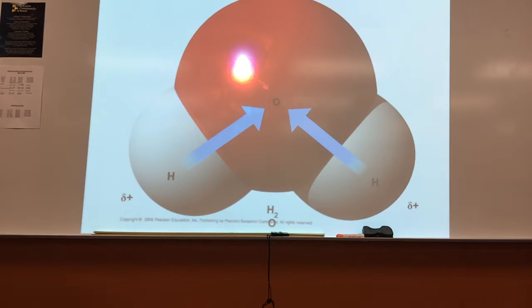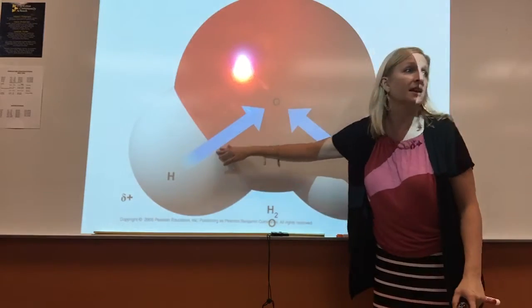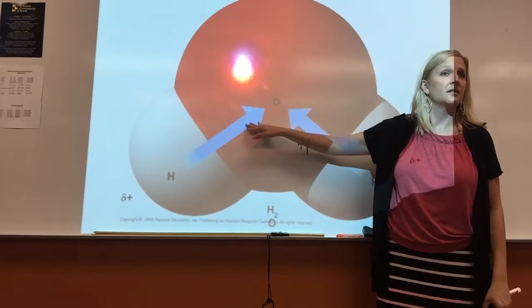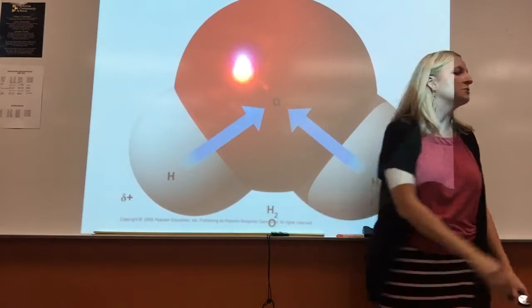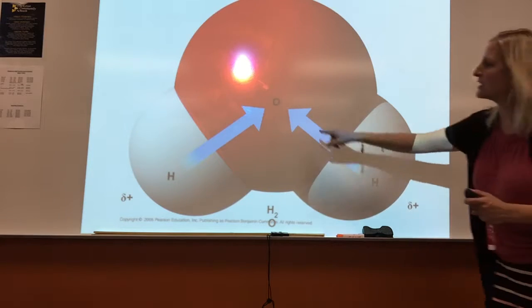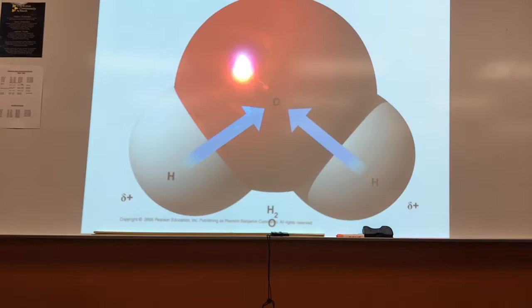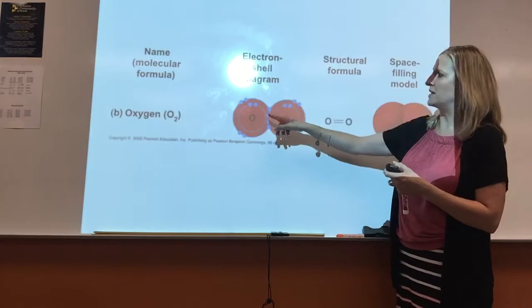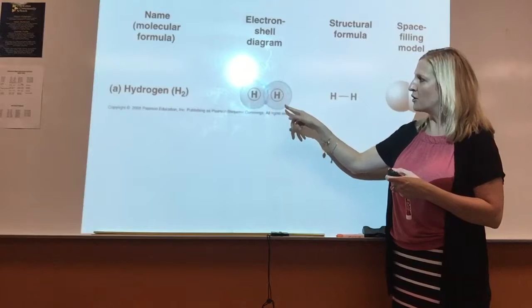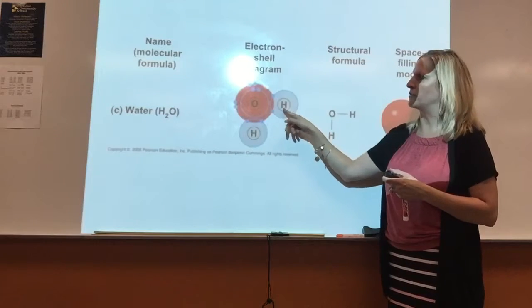And so these arrows here are representing what then? What are the arrows? The electron's moving towards the oxygen, and so therefore that's what's giving that oxygen a negative charge. And so this bond between the oxygen and the hydrogen is a sharing bond, so it's a covalent bond. But it's different than the covalent bond between the two oxygen atoms. So this was a covalent bond, and this is a covalent bond, and water is also a covalent bond, but